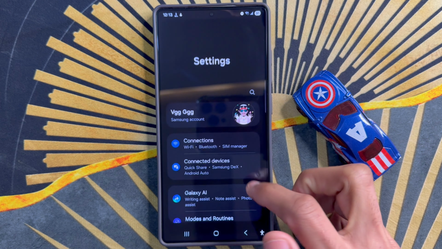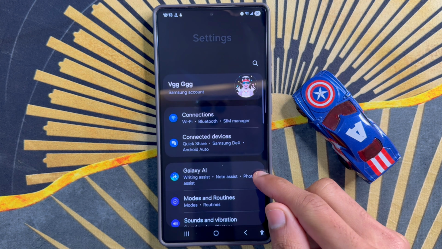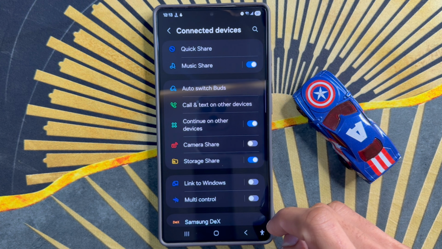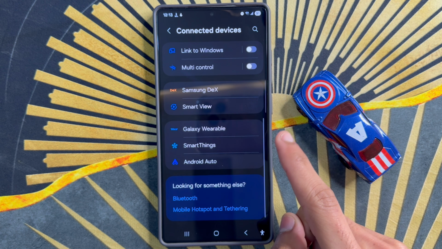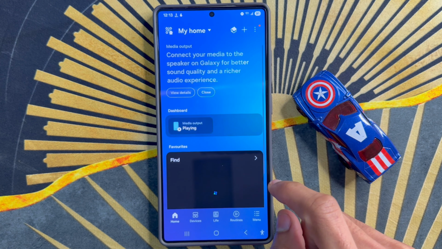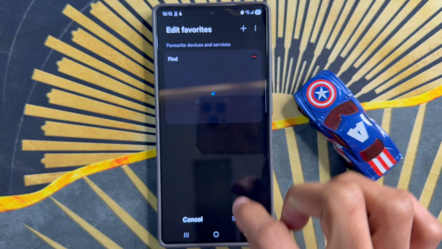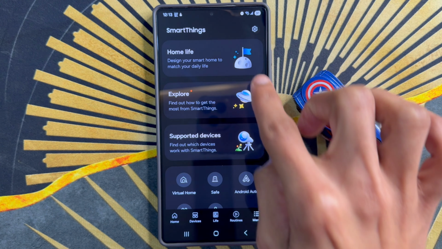Here click on settings app. Now in settings, scroll down and you will see the second option is connected devices. After clicking on connected devices, scroll down and click on SmartThings. After clicking on SmartThings, click on this three dot icon and click on this menu icon and click on settings